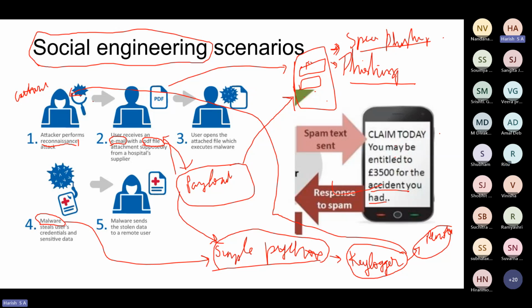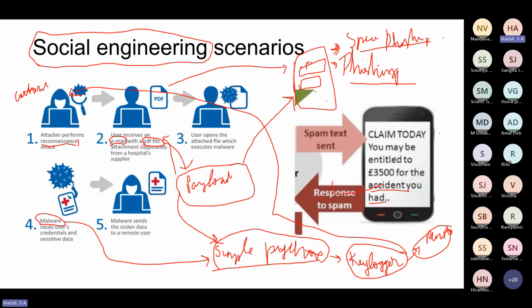What happens is a link came, we clicked, and money went from our account. They come in text messages, with the link given in the text message only, saying click on this link and it is an easy way of getting a loan. People get into the trap, thinking we don't have to do the documentation or any legal formalities.